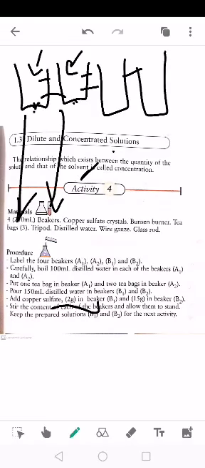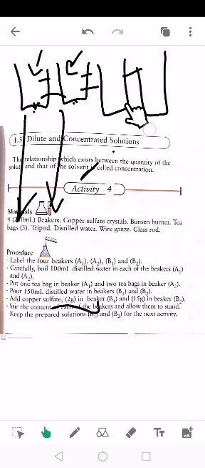Okay, so add copper sulfate 2 gram in beaker B1. Pour 150 milliliter distilled water in beaker B1 and B2. So this is B1 and this is B2. In beaker B1 we have to put 150 milliliter distilled water, and in the second beaker we have to put 150 milliliter distilled water. After that we should add 2 gram of copper sulfate in beaker B1 and